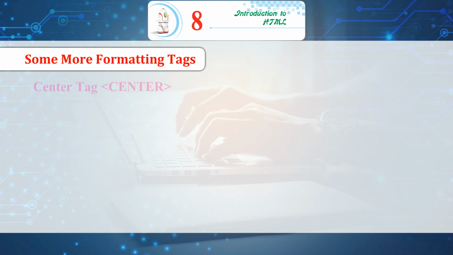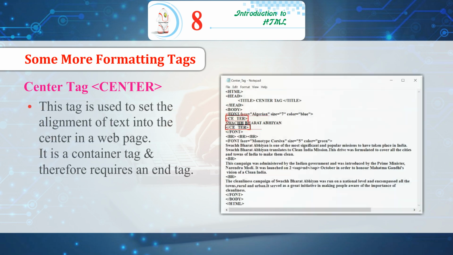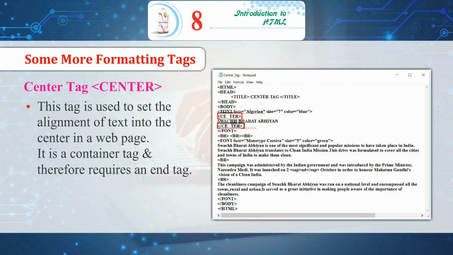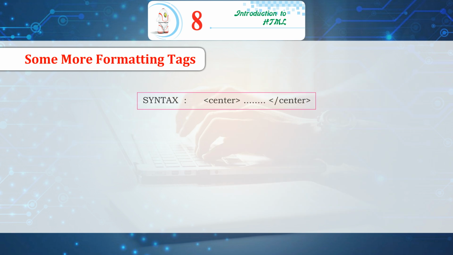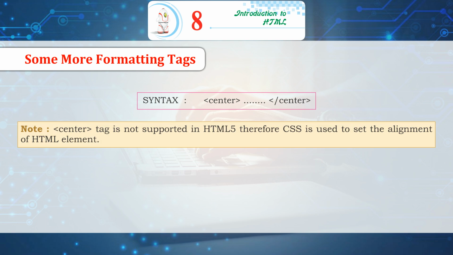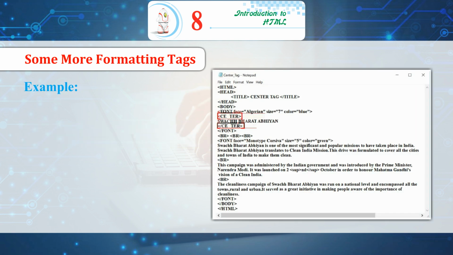For example, the center tag. This tag is used to set the alignment of text to the center in a web page. It is a container tag and therefore requires an end tag. Syntax: open center tag, close center tag. Note: the center tag is not supported in HTML5, therefore CSS is used to set the alignment of HTML elements. Example: